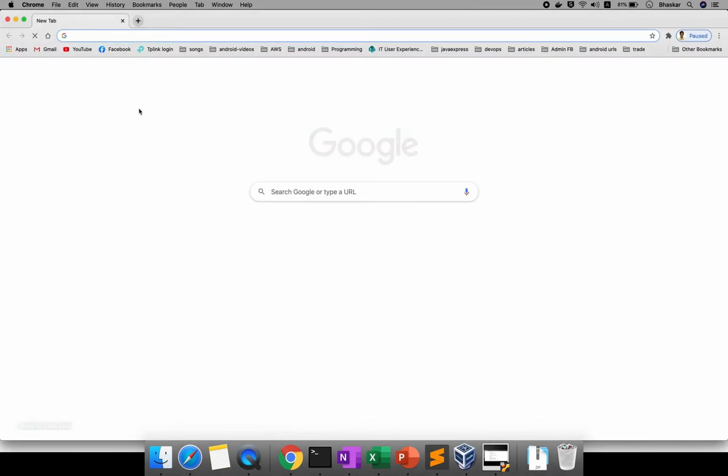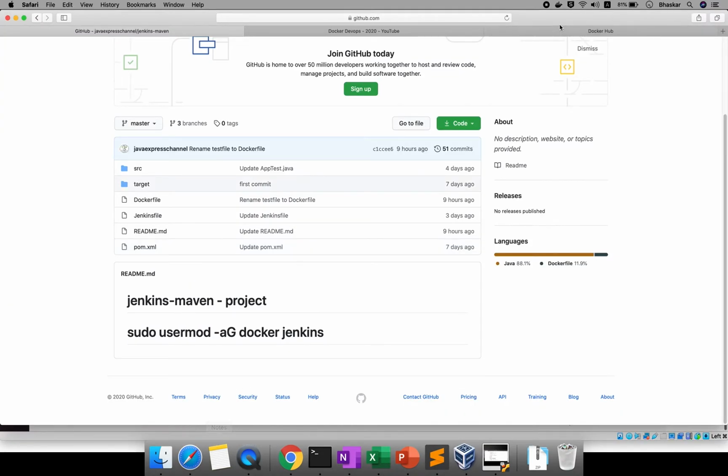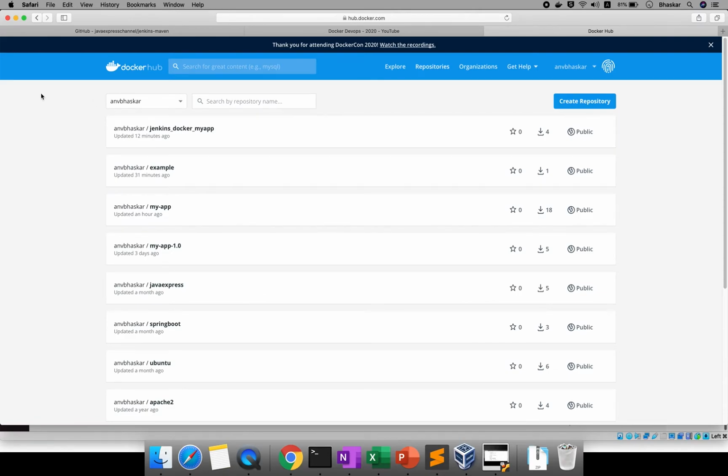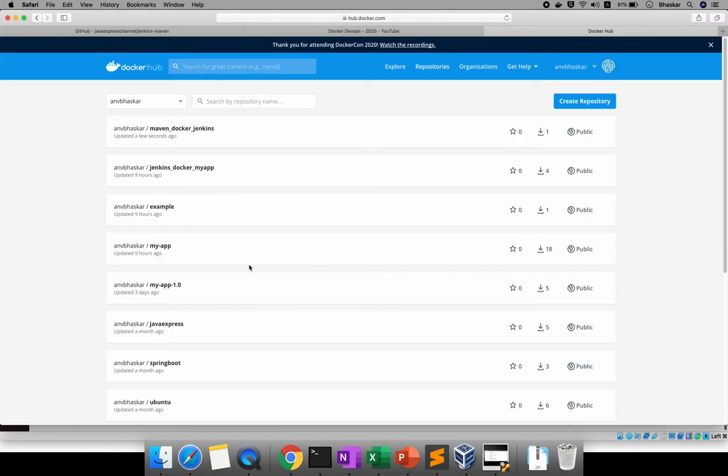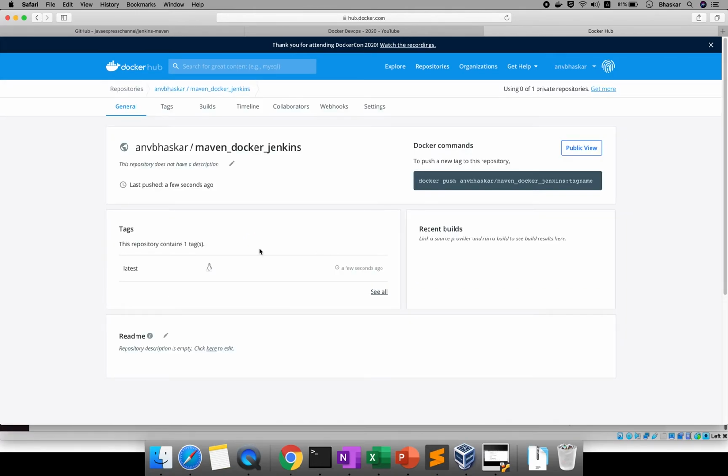If you click here, sorry, and go to Docker Hub, just refresh it. What will happen? See, updated a few seconds ago, maven underscore. See, latest.